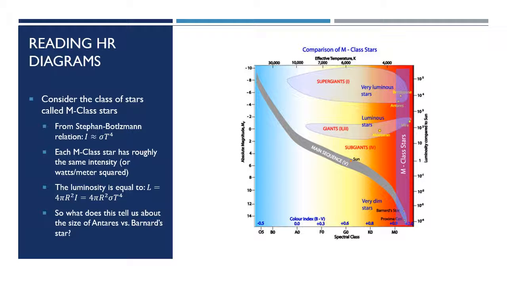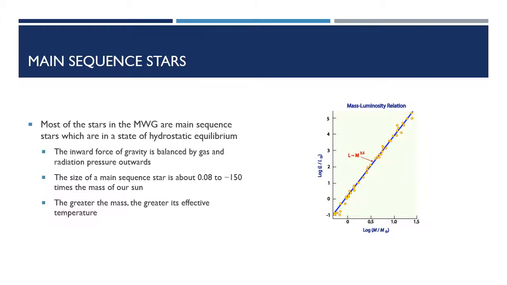So what does that tell us? That's why these are labeled as giants and supergiants, because they have the same temperature as main sequence stars, but they're much, much bigger. That's just one way to look at the diagram. There's a lot of ways to look at that. The main sequence stars, though, are some of the most interesting stars in the entire diagram. Well, they all are. But the stars in the main sequence are in what's called hydrostatic equilibrium. Basically, there's an inward pressure of gravity aiming to crush the stars together, but there's an outward pressure of gas, and it's balanced. These stars are in comfortable equilibrium until they run out of fuel.